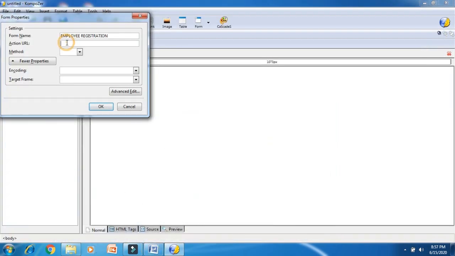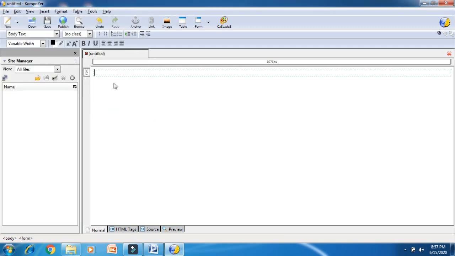So I write here the page name for the second form, that is registration successful.html. So the same name I have to give for the second page and second form. Here I will use the post method.